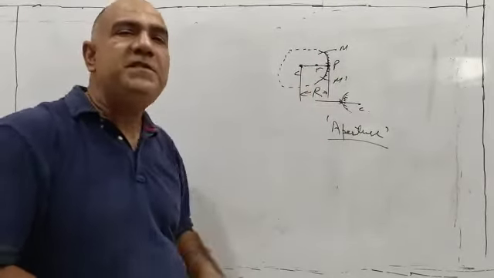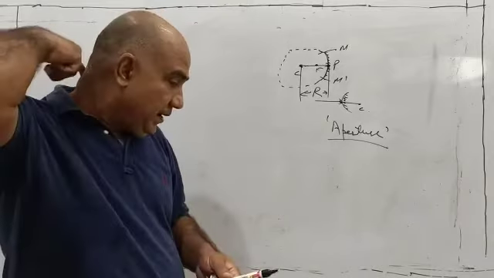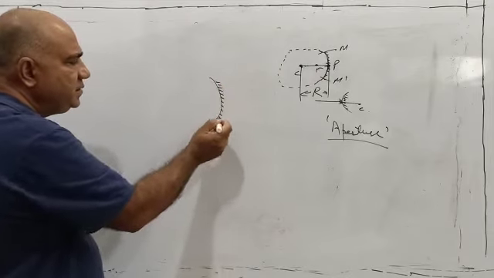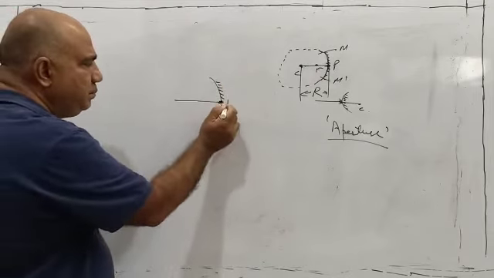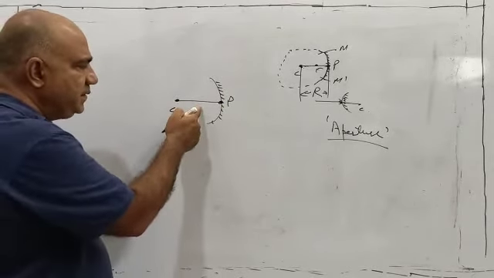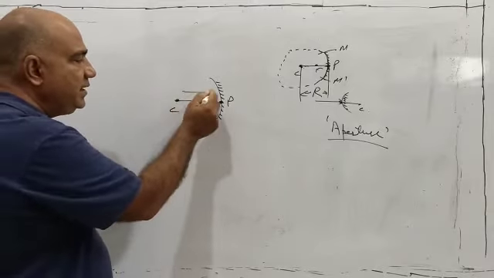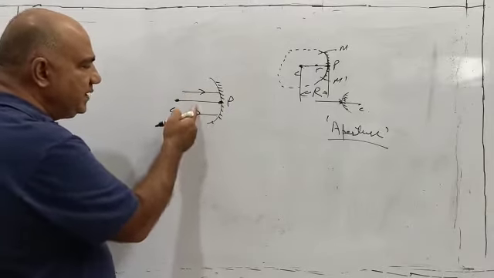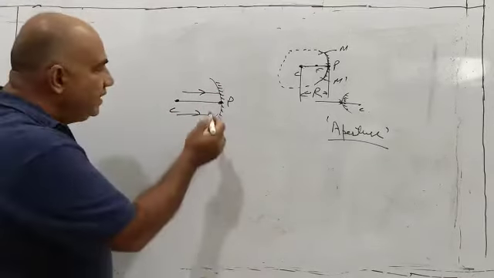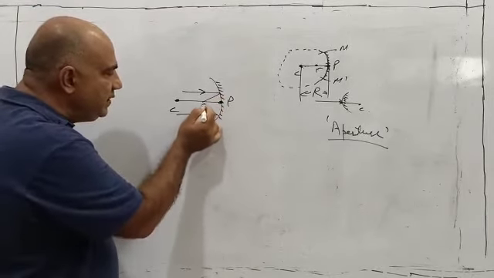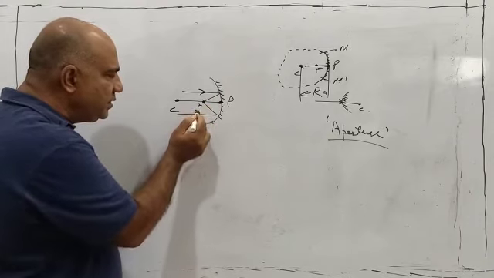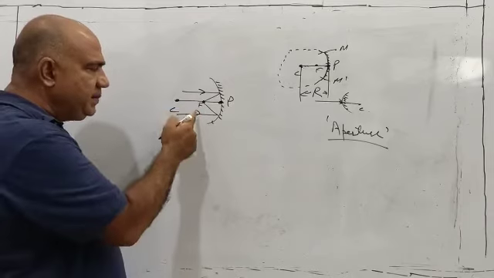Now for defining principal focus, we have to define them separately. And why? See, this is your concave mirror, this is the pole, and this is the center of curvature. Now for defining principal focus for this, I will go like this. See, these are the lines parallel to principal axis. Please don't just say parallel, they are parallel to principal axis. And after reflection, they will come and meet at a point on the principal axis. And that point is called principal focus. This is F, indicated by capital F.